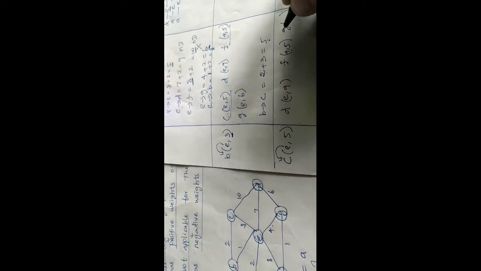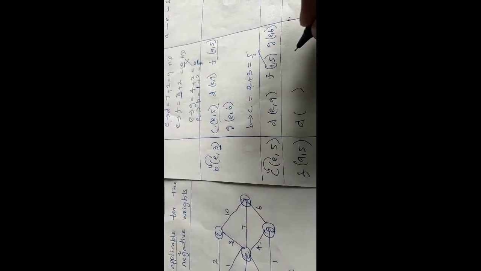Let us try visiting from C to F. C to F, I don't have a direct path, so I will not update anything. Write the previous distance as it is. C to G also I don't have a direct path, so I will write the existing distance as it is. Out of these three, which is having the minimum distance, I select this as the vertex, F of A comma 5.